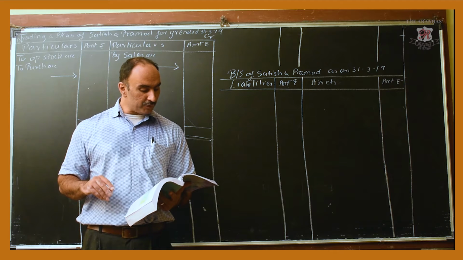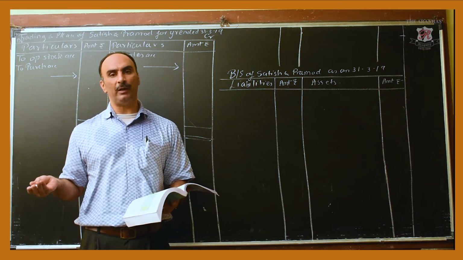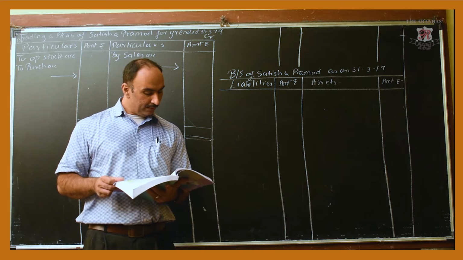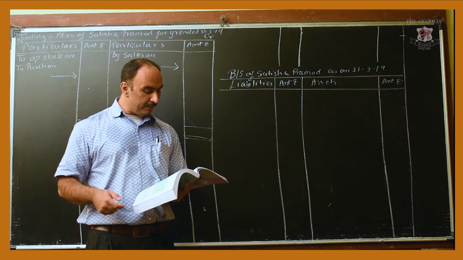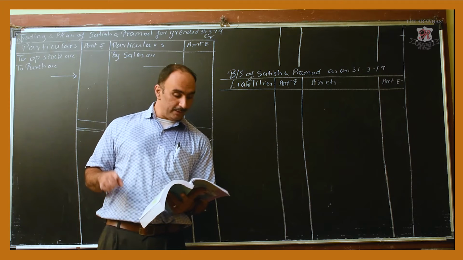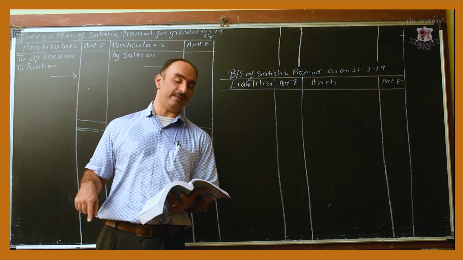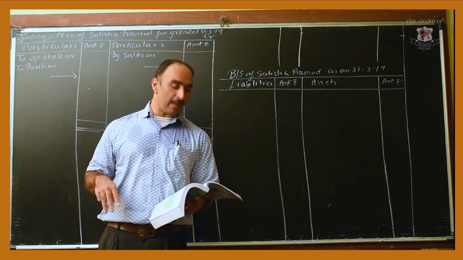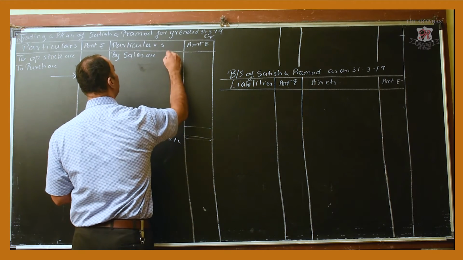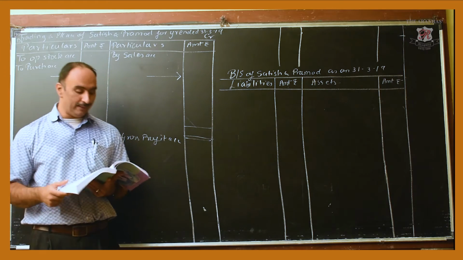Then goods of 1800 distributed as free samples. You have two choices, minus from purchases or we'll record it separately on the credit side of trading account. This time we do it on credit side of trading. Goods of 2000 were sold and delivered, but no entry was passed in the books of accounts. So for the fifth adjustment, you will have to make a tick mark on sales and another tick mark on debtors. So debtors now will have 3 tick marks, sales will have probably 2 tick marks. There is returns also. So we have to leave 3 lines for sales. When you are drawing the format, remember 3 lines for sales to leave.